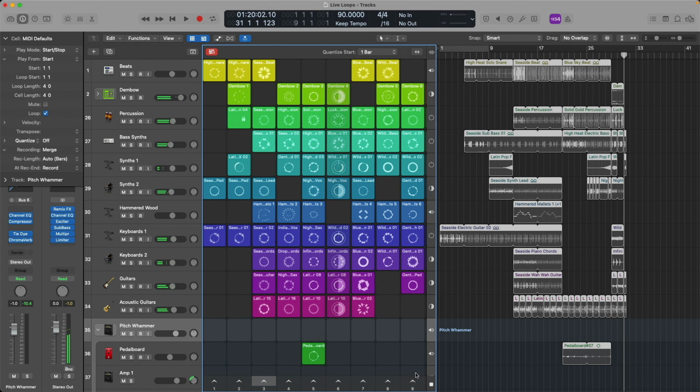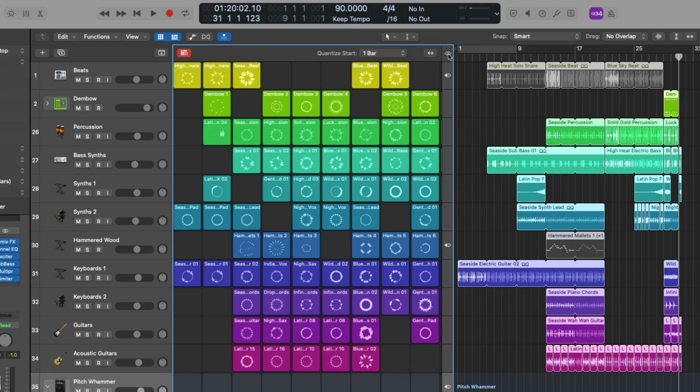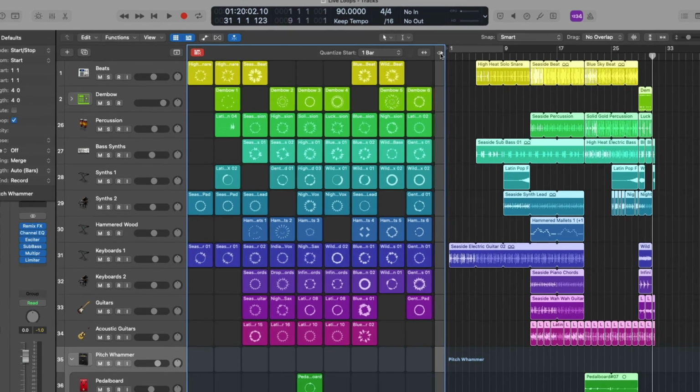Check it out. All these cells and scenes that I was launching in the live loops grid have been recorded into the tracks area. And upon stopping playback by pressing spacebar on my Mac's keyboard, we now have regions for the different parts in an arrangement. Now we can switch the focus from the live loops grid over to the tracks area just by clicking on these triangles in the divider. If I start up playback by pressing spacebar,